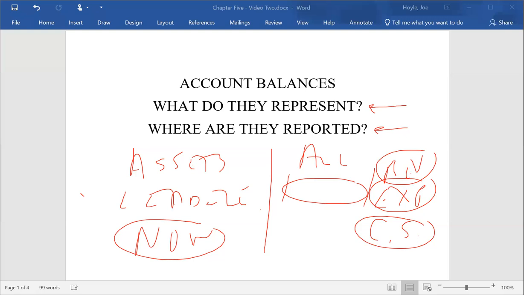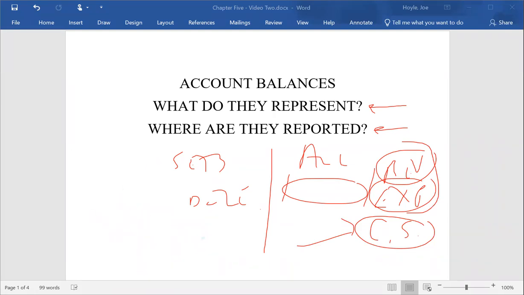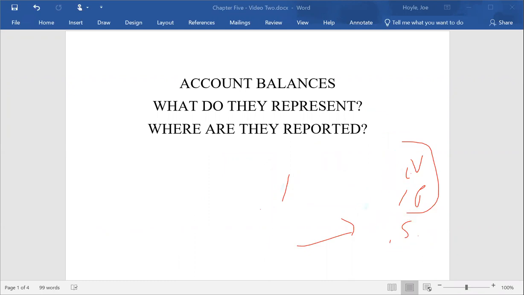So you've got assets and liabilities that talk about now. You've got revenues, expenses, and a few other accounts that talk about the changes in net asset in the past, and that's probably going to be the past year. And then you have a few accounts like capital stock that talks about the change in net assets since the company first began. That's just one way to think about the various account balances and what they represent. At least when I took this course, I found that very helpful to kind of distinguish the various account balances